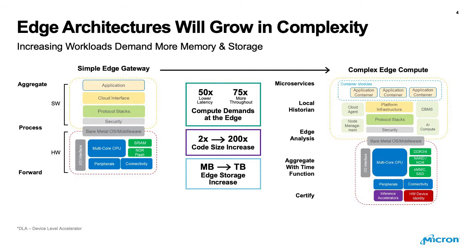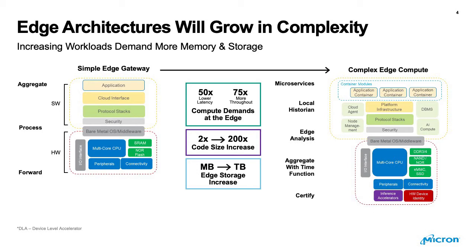So when you look at those new appliances that are going to come out at the edge, one of the things you have to consider is the different workloads that they have to handle. A simple gateway used to be a protocol translator or a data aggregator, and that was the only thing it did because it was transferring stuff to the cloud. But if you look at the edge appliances that are all coming up now, you'll see all the new edge appliances at the trade show. All of them are going to have to support new compute demands. They're going to need to have their own databases and their own historians all within that same edge device.